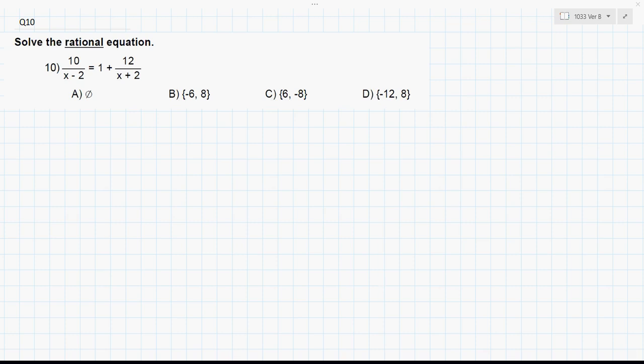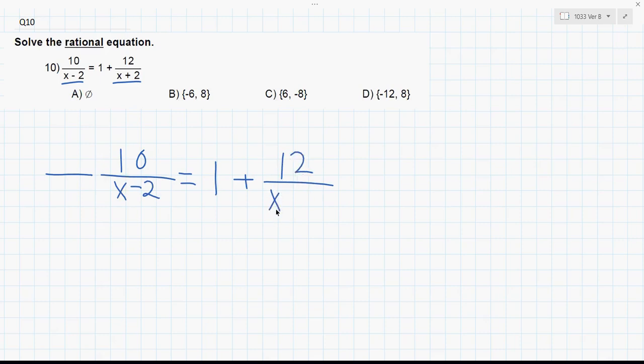So to solve the rational equation, looking at this, we know that one side is going to have an x minus 2, and the other one's x plus 1. So we're going to try and get rid of all that, and the best way to do that will be multiplying both parts by their reciprocals. So we'll end up with 10 over x minus 2 equals 1 plus 12 over x plus 2. What we'll end up doing is,